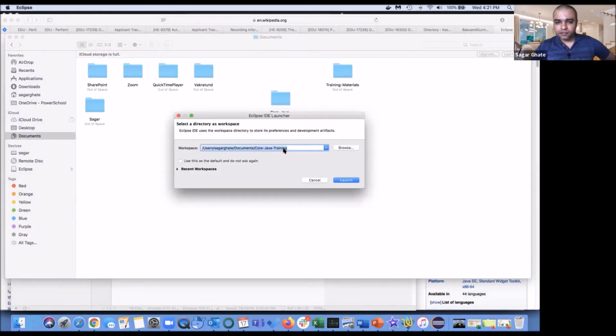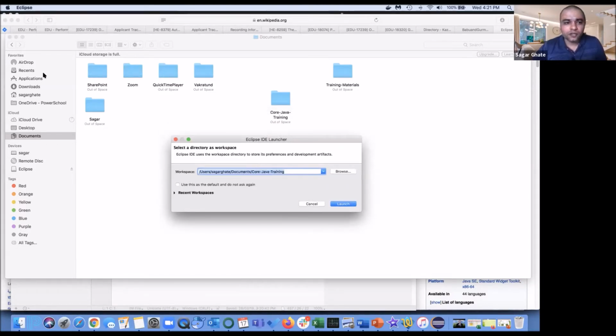Here you can see the last time we stored our folder, inside Documents, core Java training. You can see in the Sagar Ghate user profile, there is a folder known as Documents, and here this core-java training will be there.